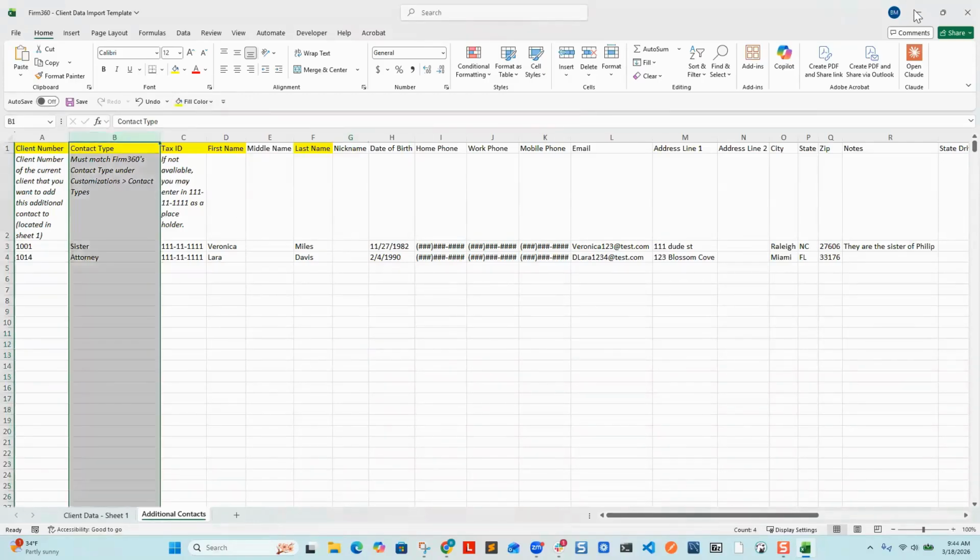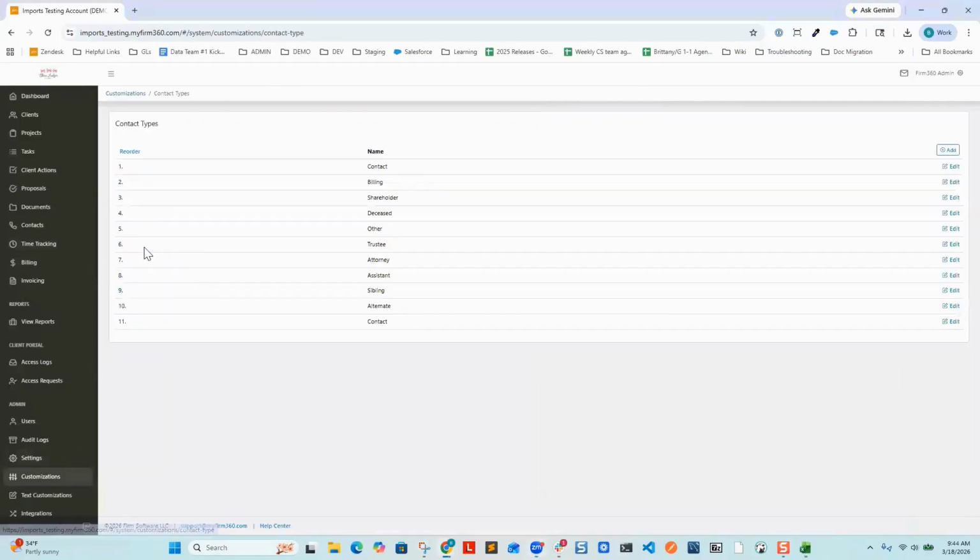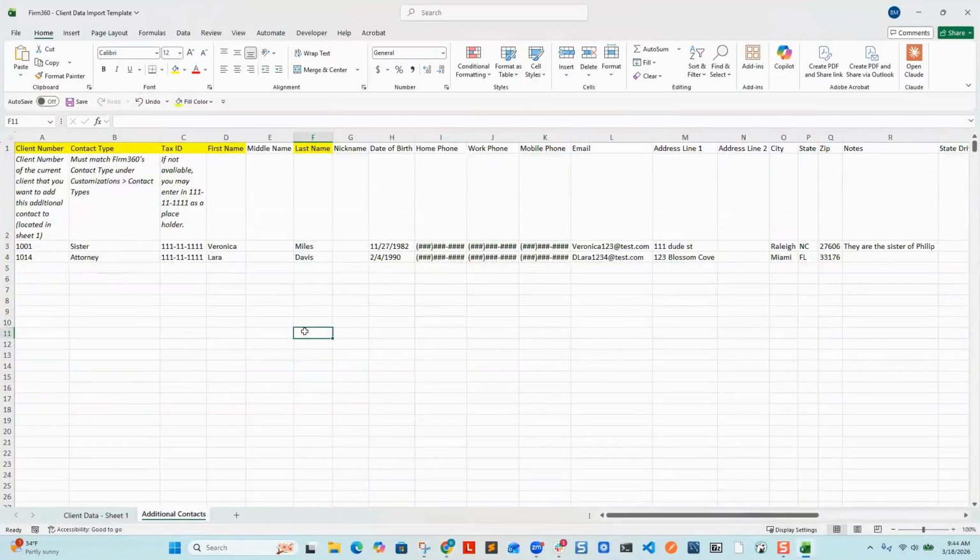So in column B here, you're going to want to go to your customizations in the black ribbon, contact types, and then add the contacts here. When your additional contacts are ready for import, simply upload this spreadsheet to your 1000 Office client and email support at myfirm360 or email your